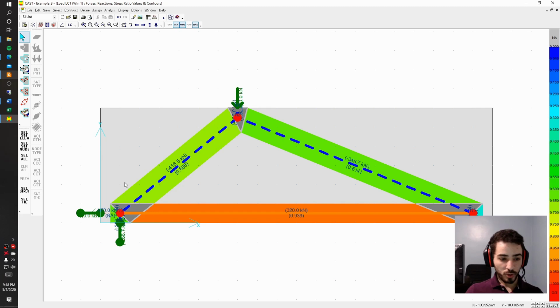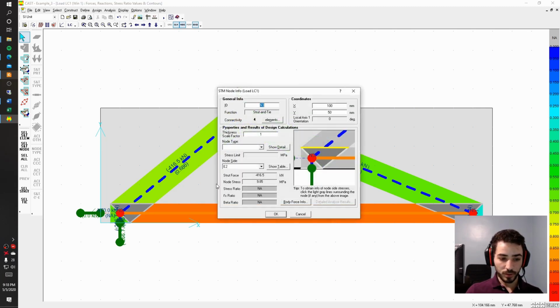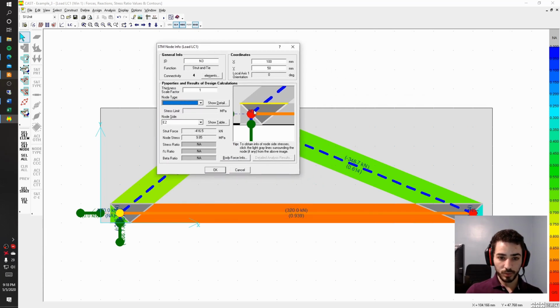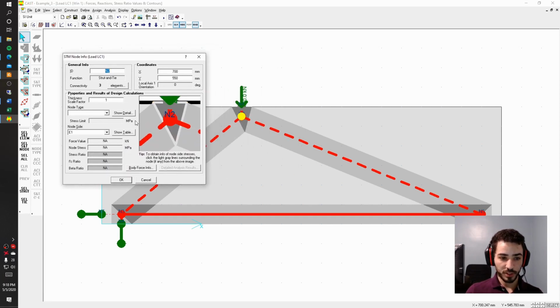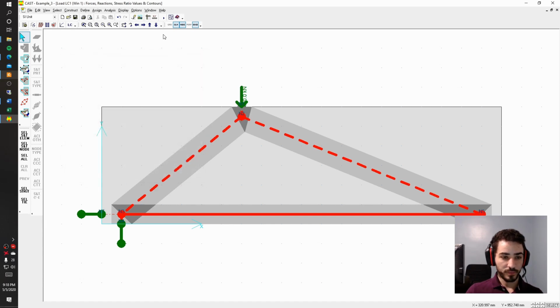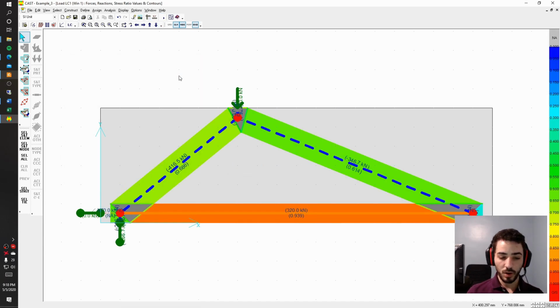Okay, so to apply these nodes, we right click on the node, and here on node type we select the type that we want. In this case we have 2 compressive and 1 tension, which would be a CCT. Same for this one, CCT, and this one would be all compression, right? Compression, compression, and compression, CCC. And now if you run, we should have all of the different elements configured properly,